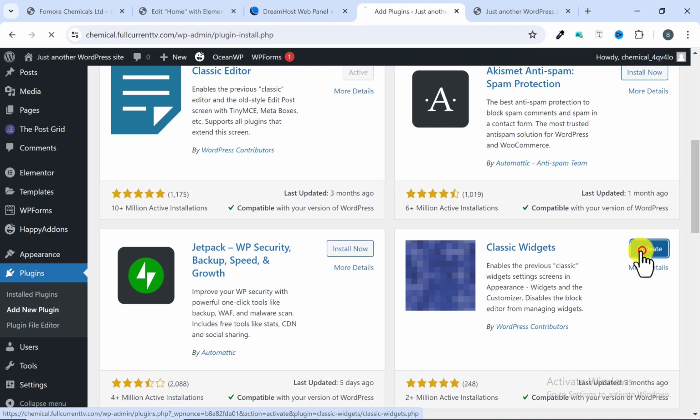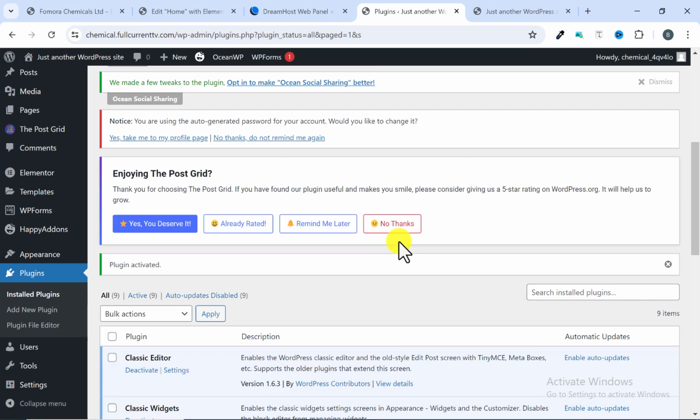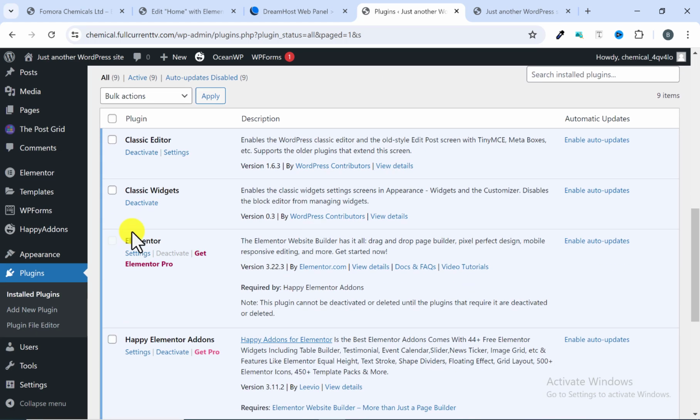And this plugin, you can use it to organize, to create your footer or sidebar. So the sidebar for your blog, you can use the classic widget to create that. So I've installed everything and everything is working fine. All right, so after successfully installing the plugins and the themes, let's just take a look